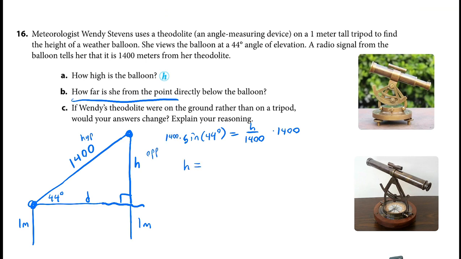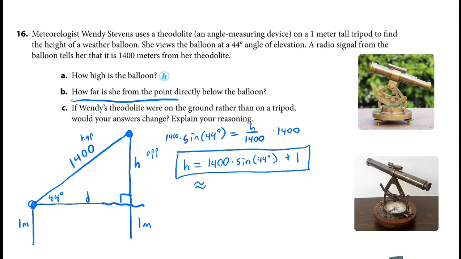We get that the height is 1400 times the sine of 44 degrees, and then at the end we add 1 meter to it, because this was 1 meter off the ground. So that's approximately 1400 times sine of 44 degrees, and then we just add that one, and so that's